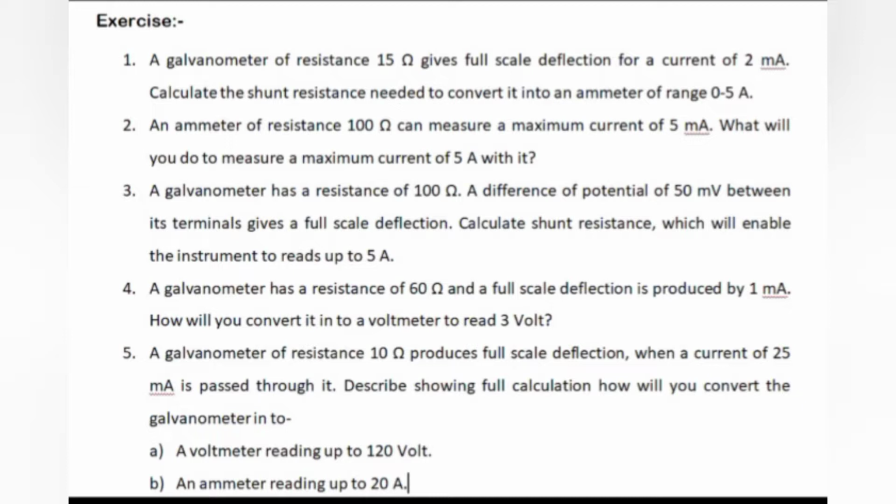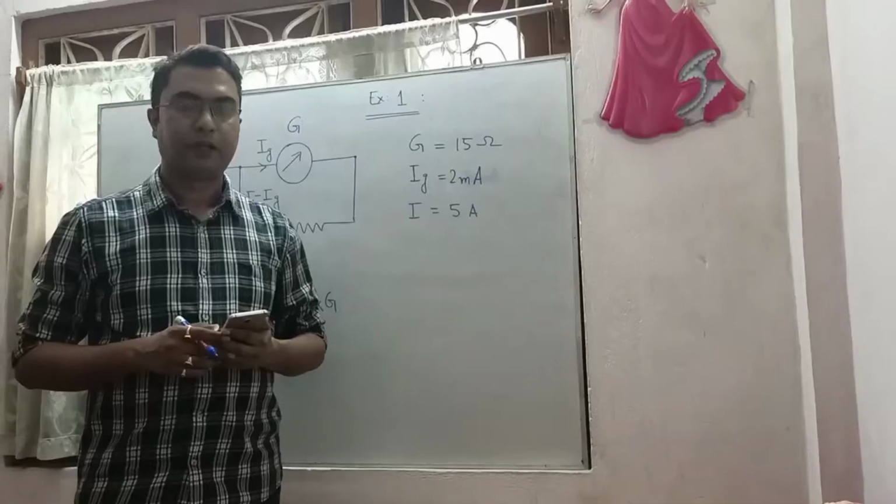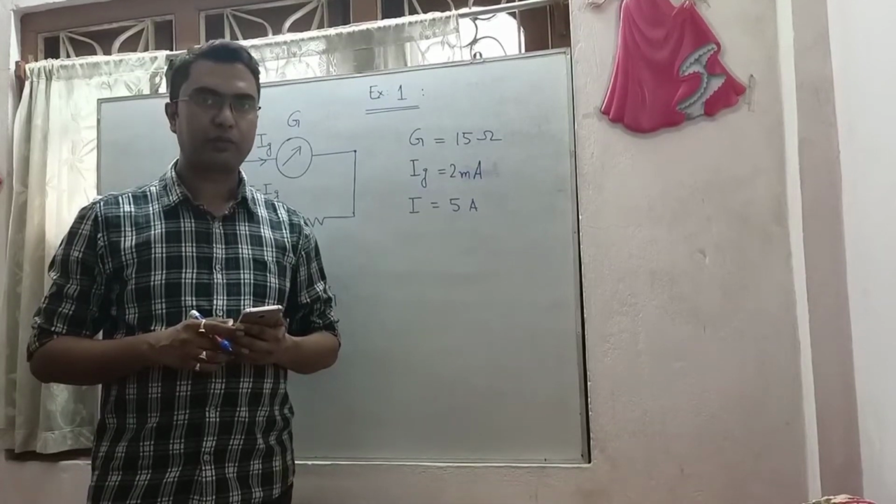Now we shall do these numericals on conversion of galvanometer into ammeter and conversion of galvanometer into a voltmeter. Now I shall show you how to do the numericals up to 4, and I hope after that you can do the numerical number 5 of your own very easily. In this case, first 3 numericals are one kind and 4 is of different kind and 5 is a mixed problem. So let us start doing the numericals one by one.